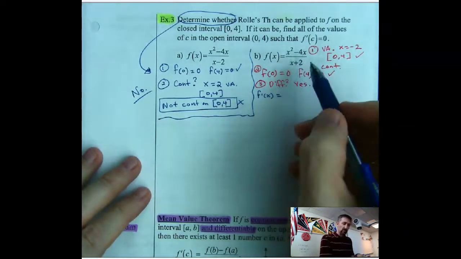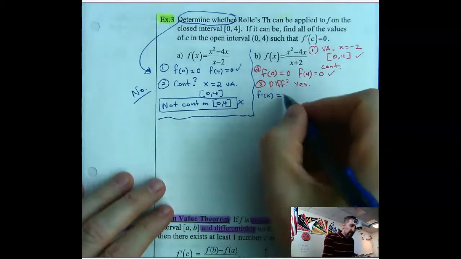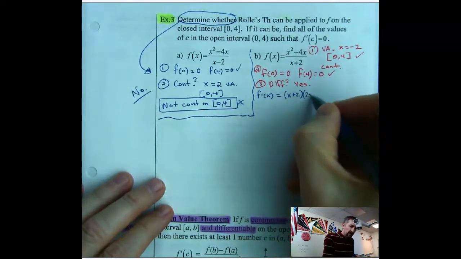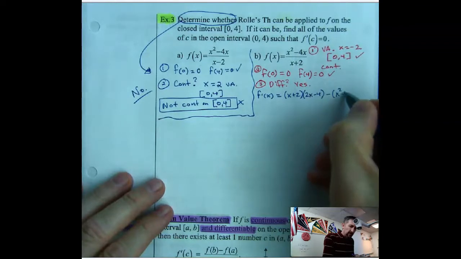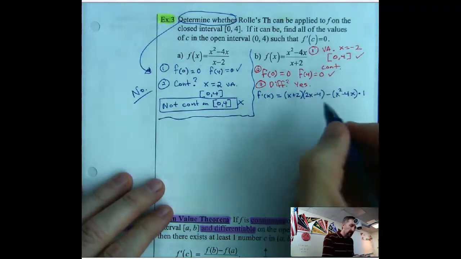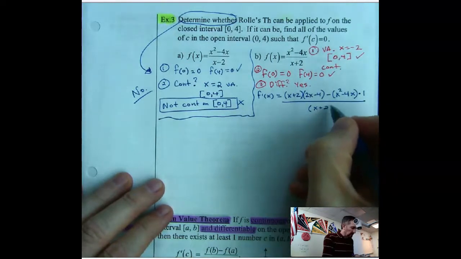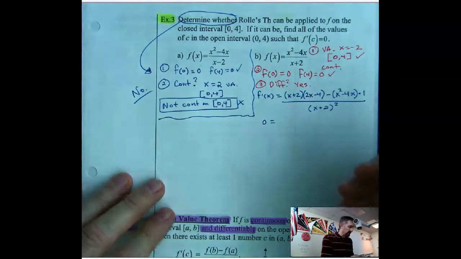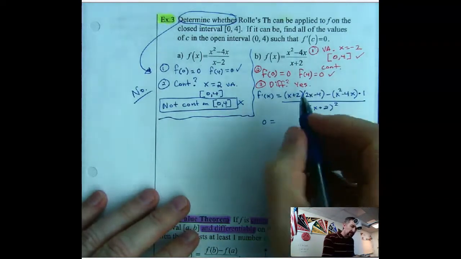So that's the quotient rule. I told you the quotient rule starts with low and ends with low. So low d high minus high d low, which would just be times 1 over low squared. Okay, so we're supposed to set that equal to 0, and if we multiply this out,